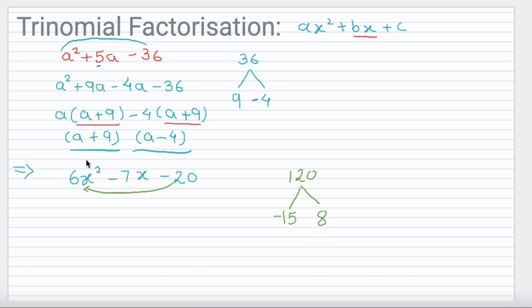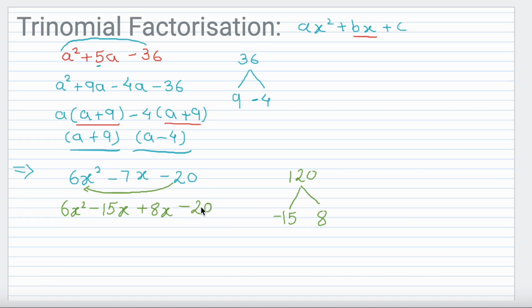Now how will you solve this one? 6x square minus 7x, we are going to split this 7 into minus 15x plus 8x